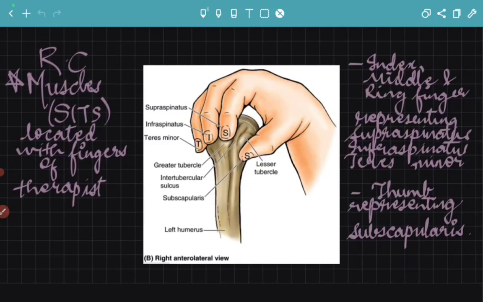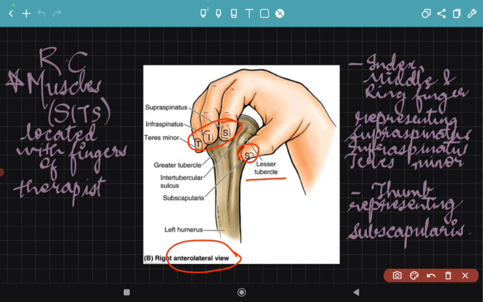Now, if a physiotherapist wants to palpate the rotator cuff muscles on a patient, we can refer this diagram as shown in anterolateral view. A therapist can place fingers such that thumb will occupy lesser tubercle and index, middle and ring finger will occupy greater tubercle. And if we place, as shown in the diagram, considering the anterolateral view of the humerus, then our